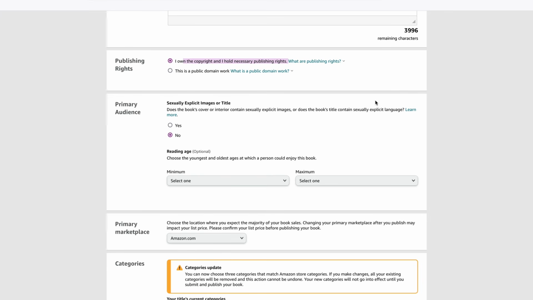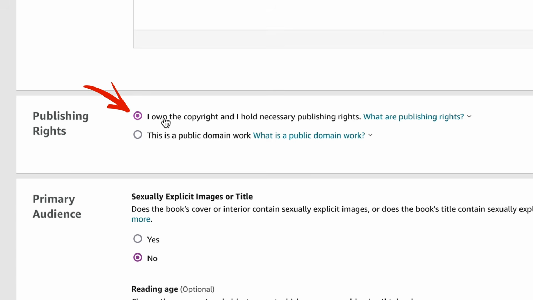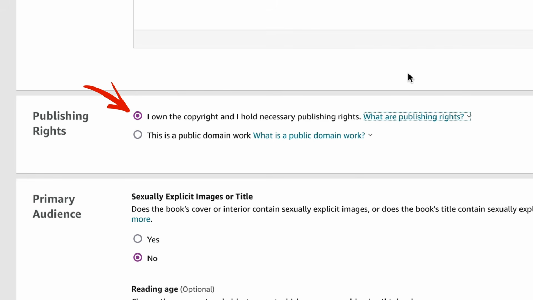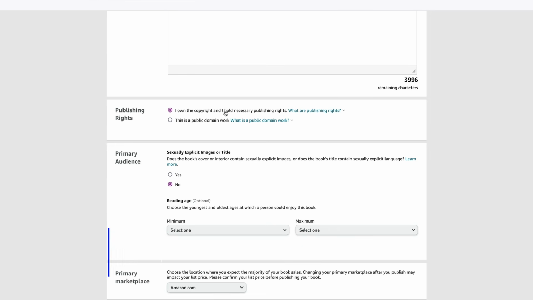Hi, my name is Heather, and today we're going to talk about copyright with your children's book when you're creating it using Canva elements, and specifically this sentence right here that says, I own the copyright and hold necessary publishing rights. Recently, in my creativity club, someone brought up the fact that there's this sentence right here that says, I